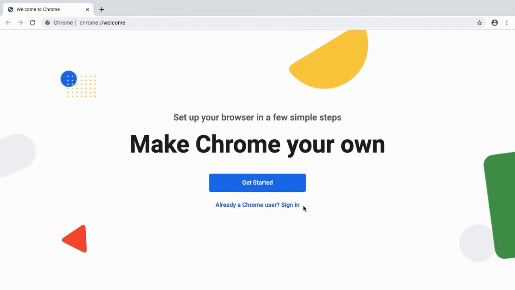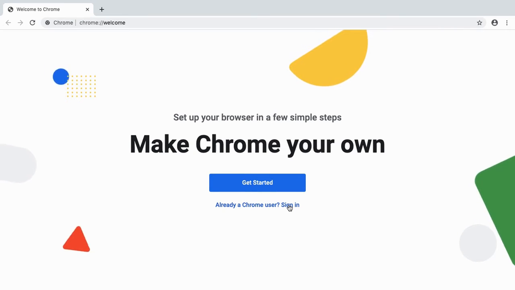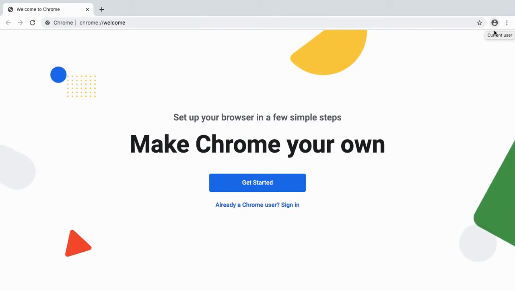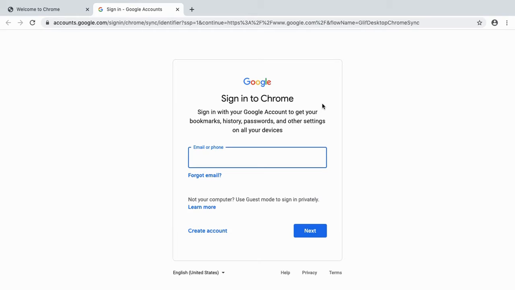And you've got a few options here. Get started. Already Chrome users sign in. So you can simply click that sign in button and use that to sign in with their Schoolcraft Google account. Otherwise, in Chrome, what you always have is this little button somewhere up here that'll look like a person. And that's where you can always sign in. By sign in, it might say turn on sync. That's going to sync with that account. So would use